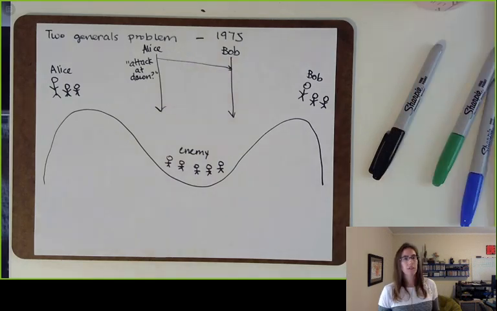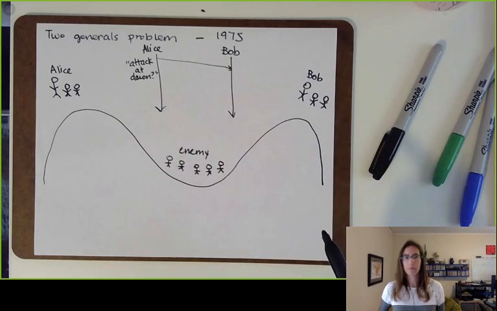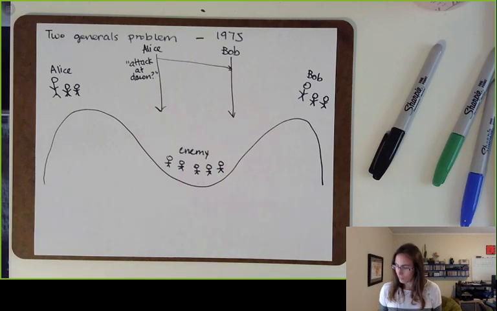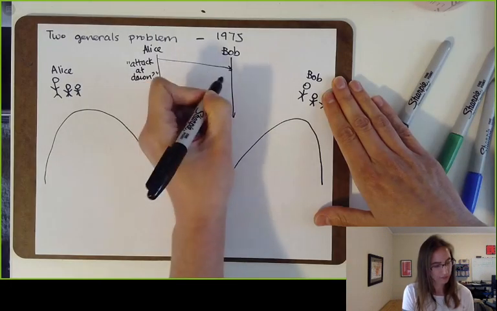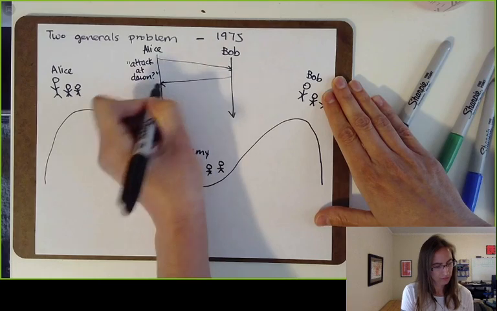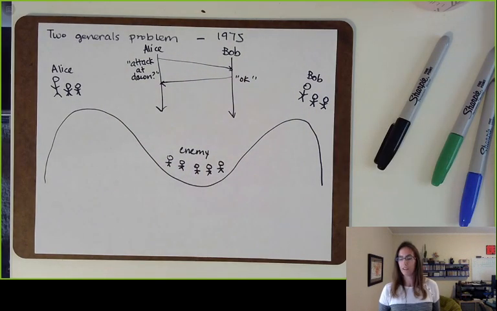That's right, yeah. So no, she should not, because she doesn't know that Bob got the message, right? She has no way of knowing at this point whether her message got to Bob or not. So somebody just said Alice needs an acknowledgement. Yeah, so Bob should let Alice know that he got the message. So Bob says, okay, I'm in. Attack tomorrow at dawn. Cool, okay.